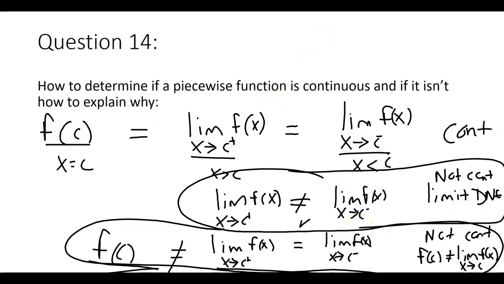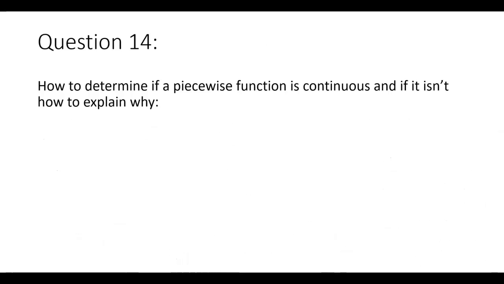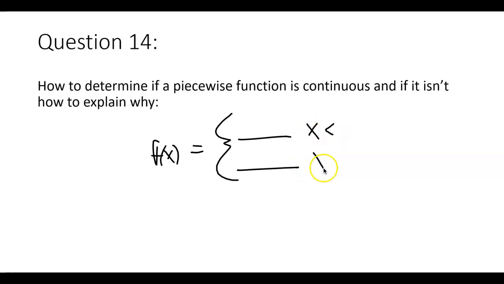There is one other final situation that can occur. Sometimes you'll come across a piecewise function where it looks something like this. We don't really care what's here right now, but let's say you have something like this. In that case, you would say it's not continuous